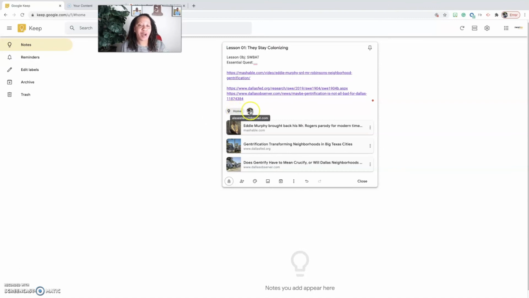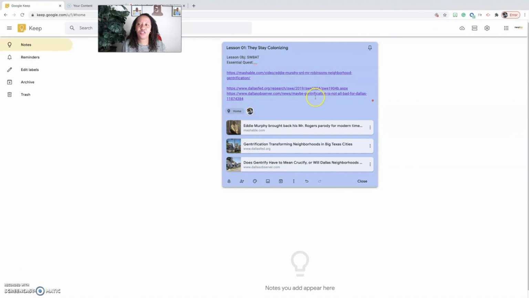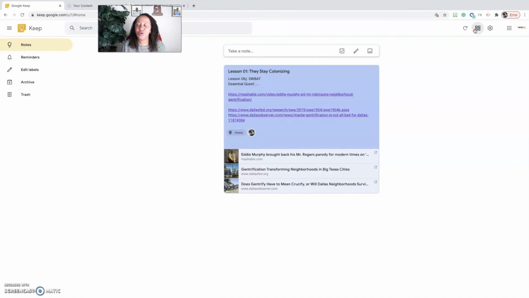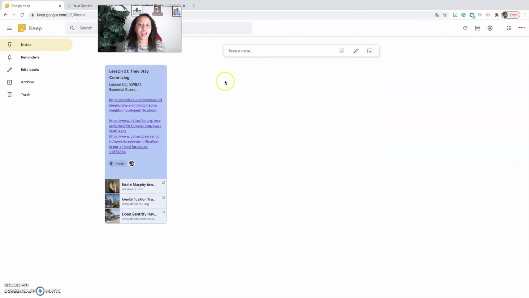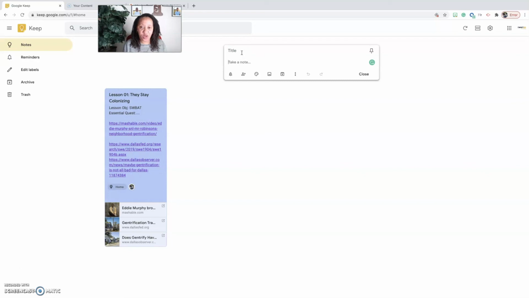I've shared it with my personal account so that way I can continue working on it. And then I like to color code my stuff. So this is the first marking period. So I'm going to color it blue so that I know everything related to the first marking period is blue. And I have it in list view right now, but I'm going to put it into tile view so that way when I start with my lesson 2,